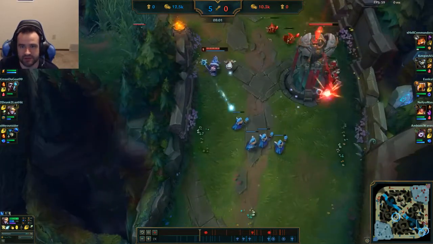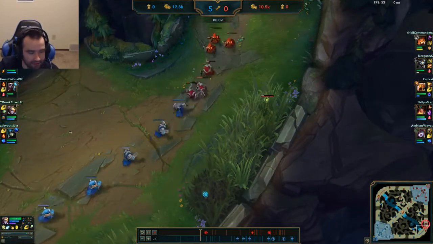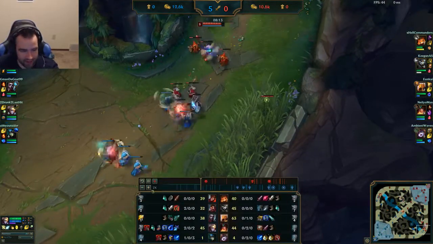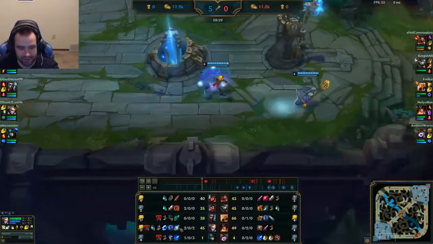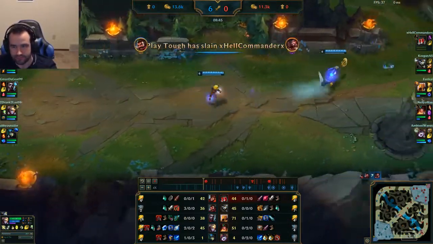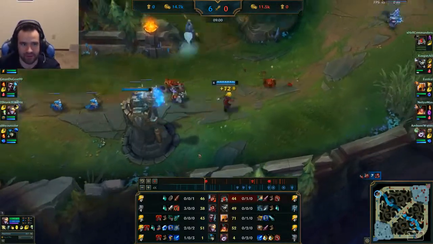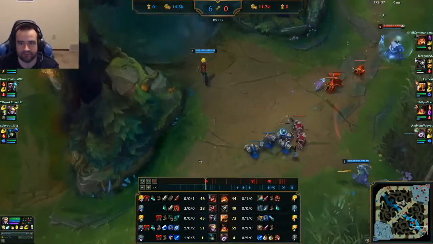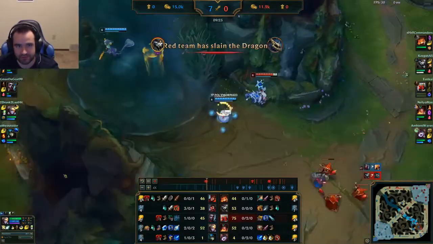Use that ult there just to thin the wave as much as possible. Also put a little bit of damage on Lulu, and then back. And with this next back, we're going to come back to lane with our full Manamune. So I had the option to either buy my tier one item and a Sheen, or the full Manamune. Honestly, if you have the gold, just buy the full Manamune. Yeah, you don't have the Sheen damage, but the Manamune on its own is so much damage. Plus, you do get...